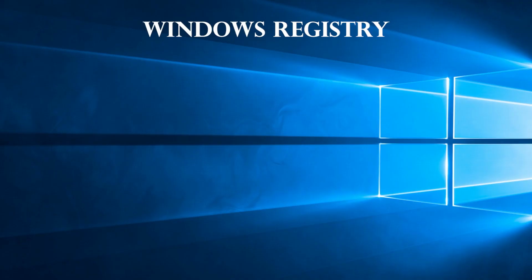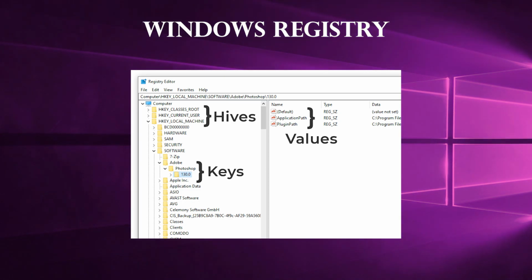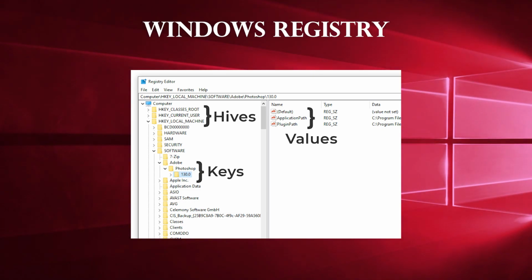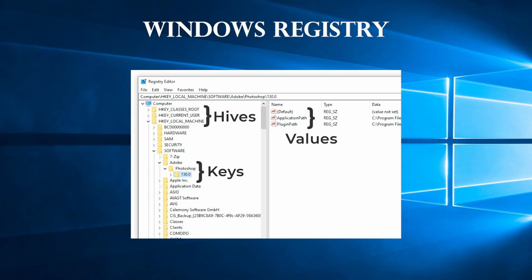Next is Windows registry. Windows registry is a hierarchical database that stores configuration settings and options on Windows OS. It contains information about hardware, software, user preferences, and system settings, making it a critical component of the OS. The registry is organized into a tree-like structure with various keys, subkeys, and values that define different settings and configurations. It's a central repository for system configuration data that is used by both the OS and various applications installed on the